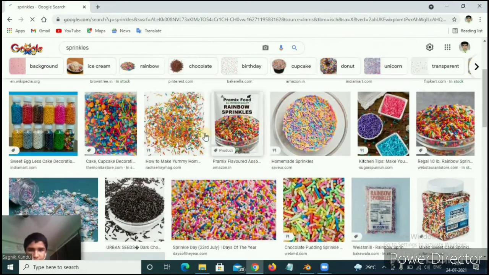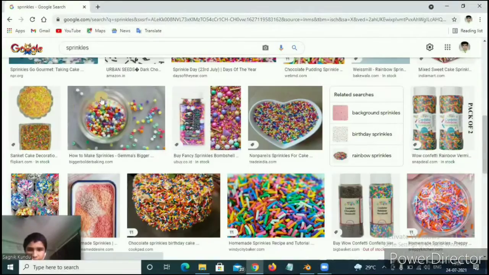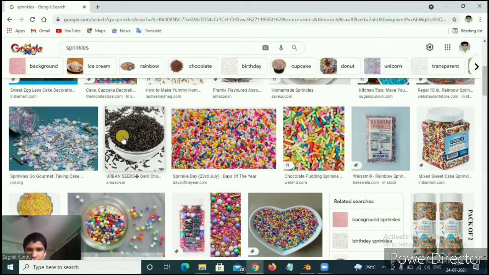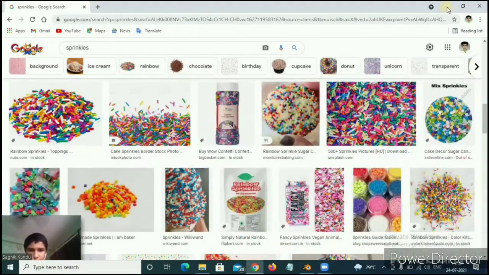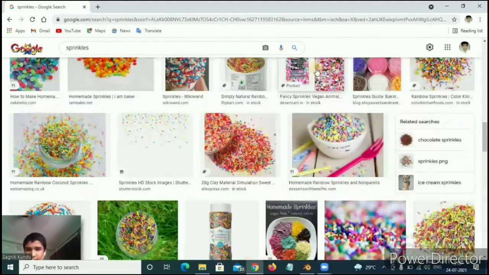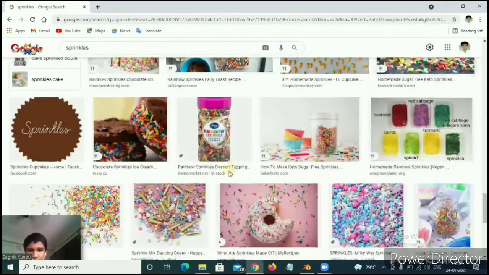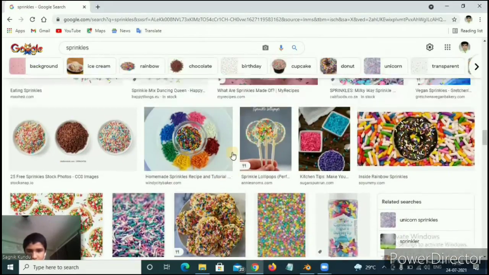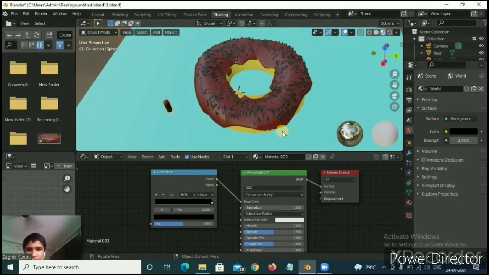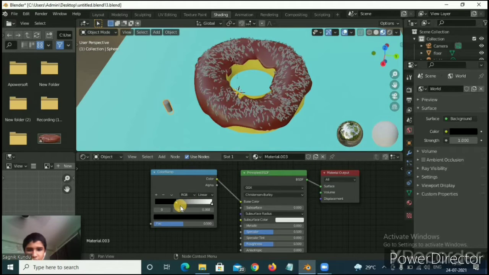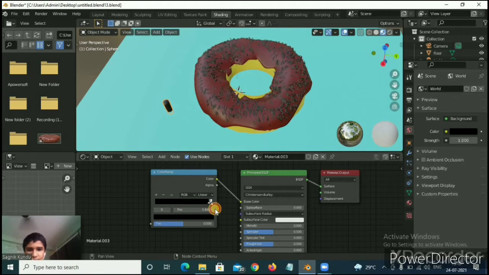You can see they are all multicolored, but here you can see this one is only chocolatey. I don't want to make it like that. I want to make it like those multicolored ones. Now I will just close it. As you can see, it's only black, it's not the correct one that I want.